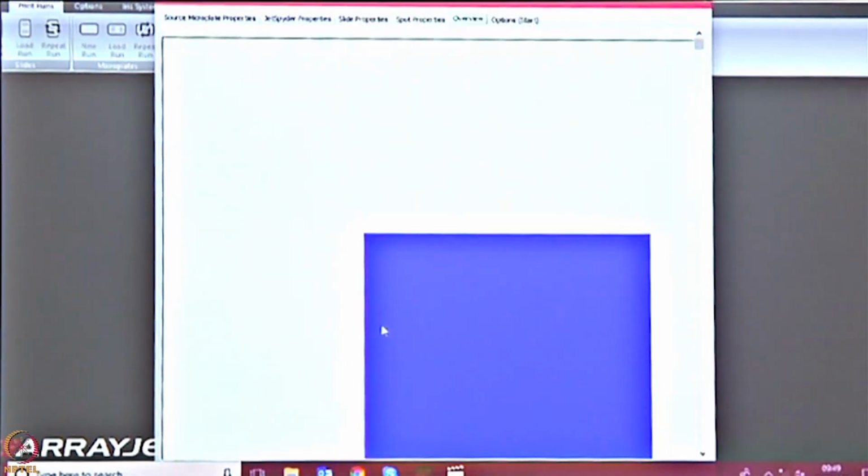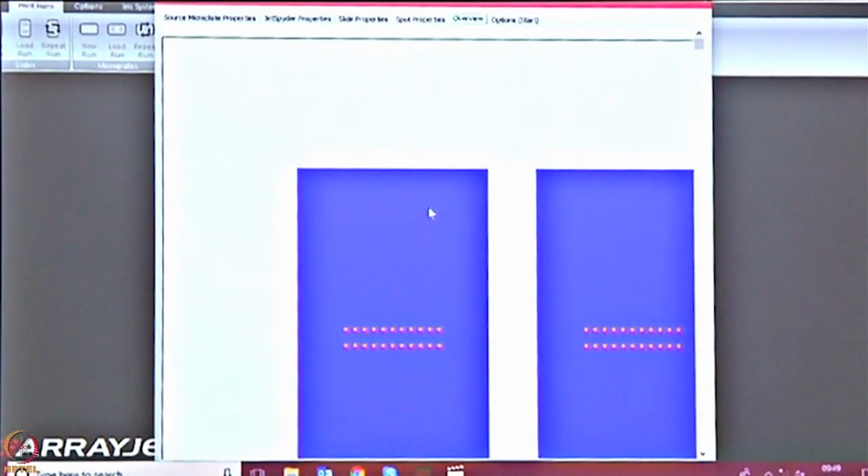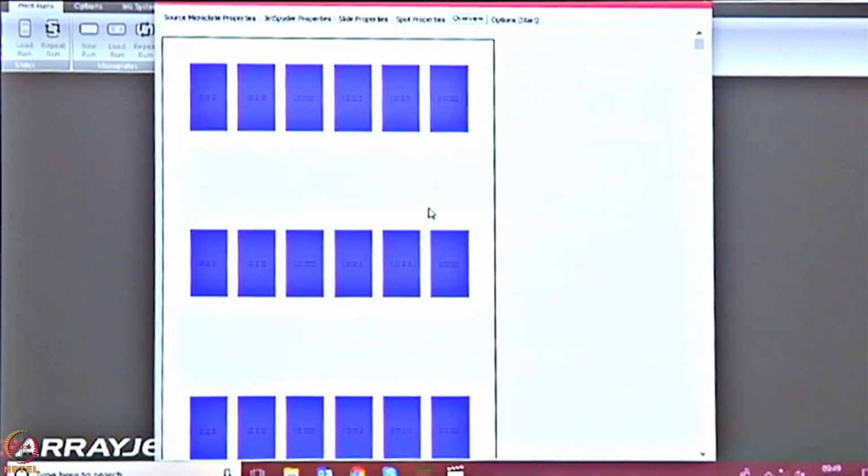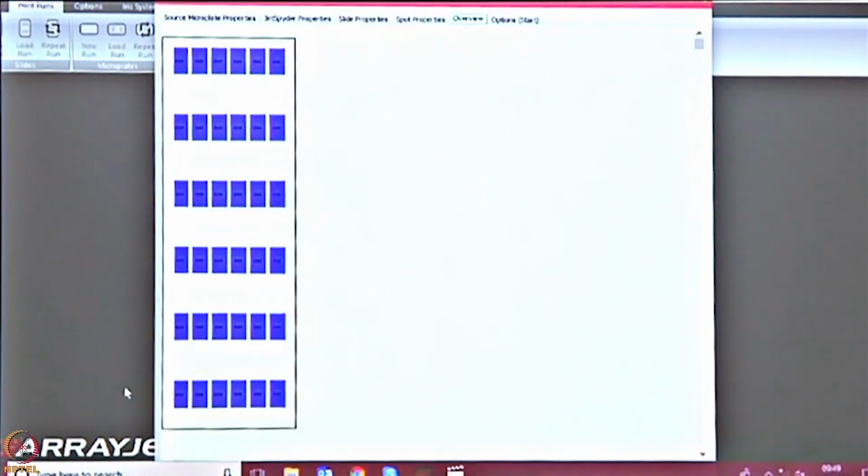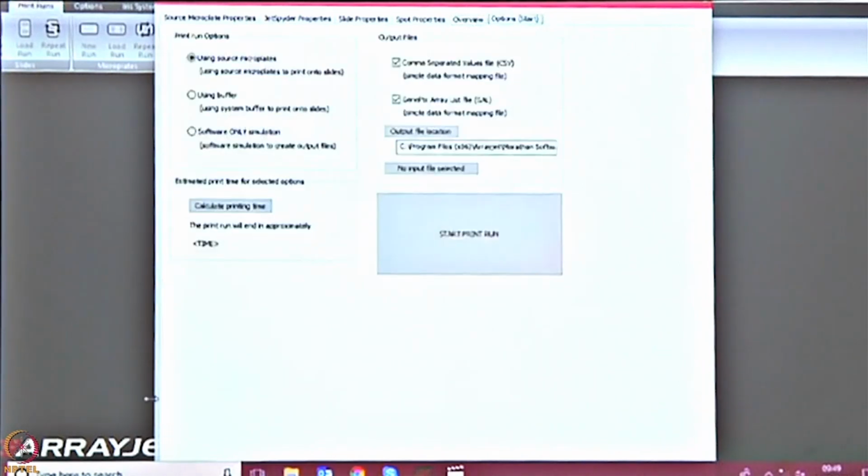So let me go out of it. That's your first row, that's your second row, that is your one slide. The same time it takes for one slide is the same time it takes for 25 slides. So really it doesn't matter if you're doing 1 slide, 5 slides, 10 slides, 25 slides. Your entire assay can be replicated identically with all these squares,